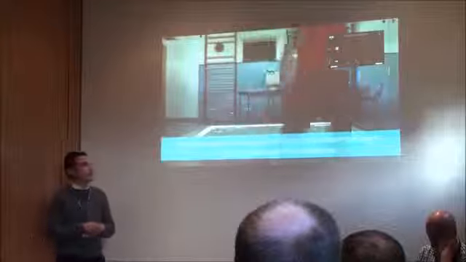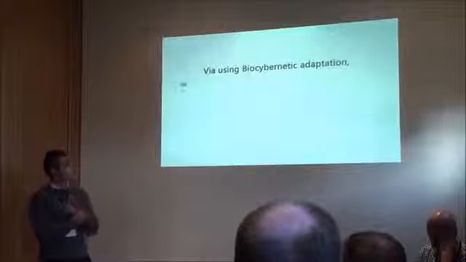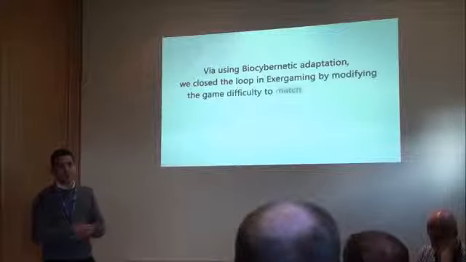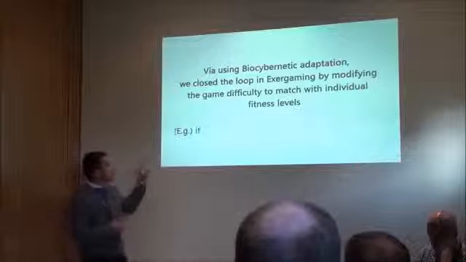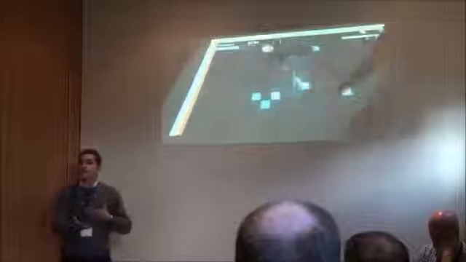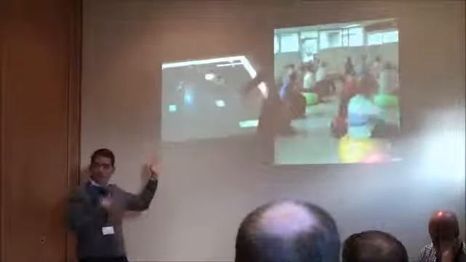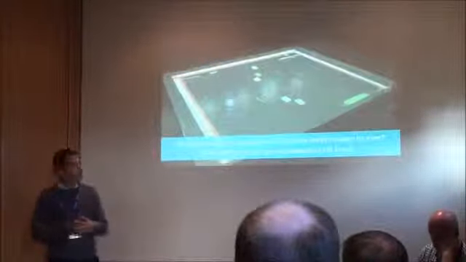those target levels. So the solution that we proposed was to use some of these heuristic adaptive rules, like for instance, if the heart rate is less than the target heart rate level, then it's going to try to increase or decrease the difficulty level of the game. The game again was a really simple adaptation of Pong. And then we always compared the heart rate, the cardiovascular responses of users during our physiologically adaptive exergame versus the conventional exercise that they are normally doing at the gym.